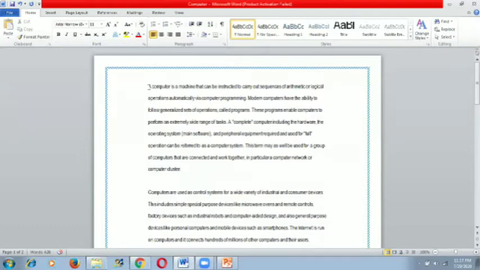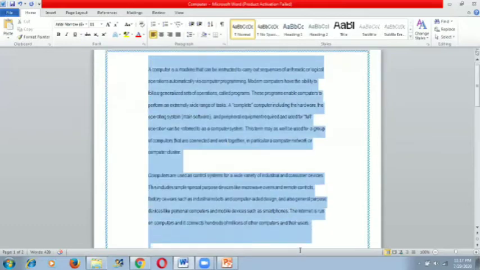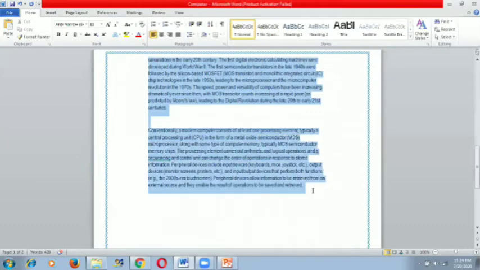Now next one is line spacing. How to set the line spacing, that is the space between two lines, by using the line spacing option. First of all you need to select the text. You can directly change the space between the lines by using this option.